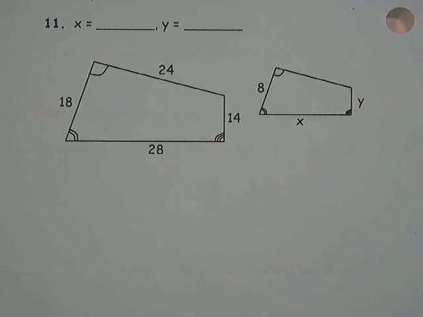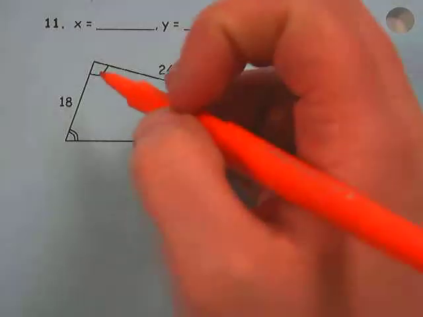Alright, so today we talked about similar polygons, and for similar polygons we had this thing called a scale factor. So this is going to be problem number 11 from your homework, and the first thing that we have to do on problem number 11 is identify the sides that correspond with each other. So for number 11, the sides that correspond are